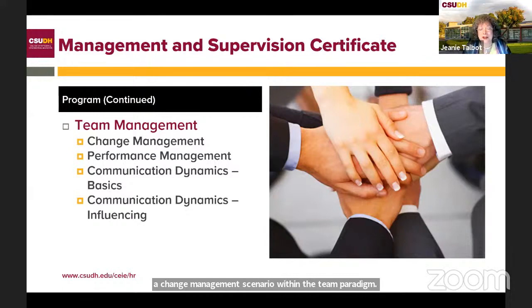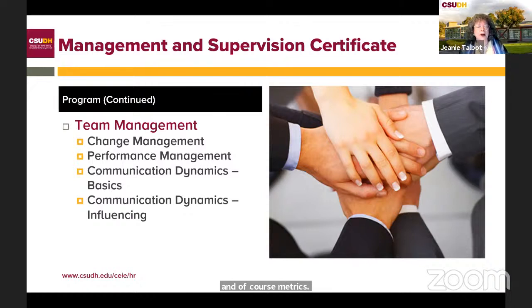Then we talk about performance management. This session addresses various performance management process components. It also encompasses functions, methodologies, and of course, metrics. Students are encouraged to share their scenarios from either their current or previous workplace experiences, which usually result in very illustrative comparative discussions, particularly emphasizing elements specific to industries. And of course, we maintain the rule of thumb, and it really shows that one size does not fit all.